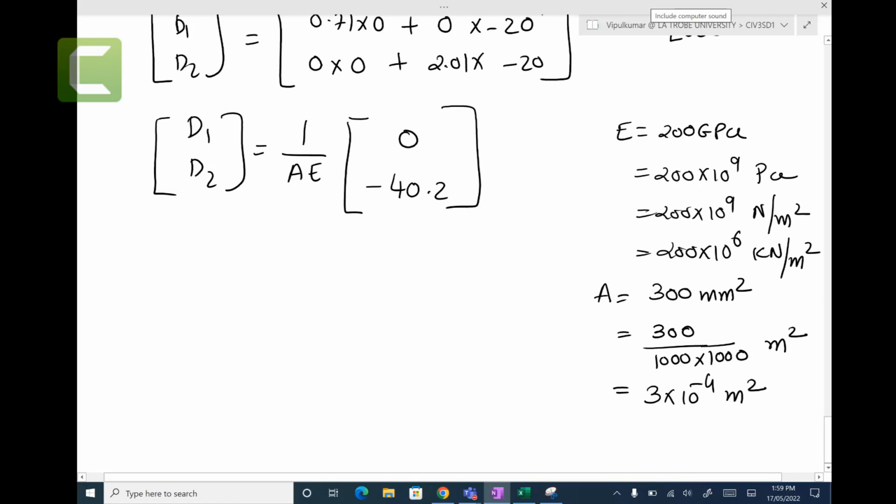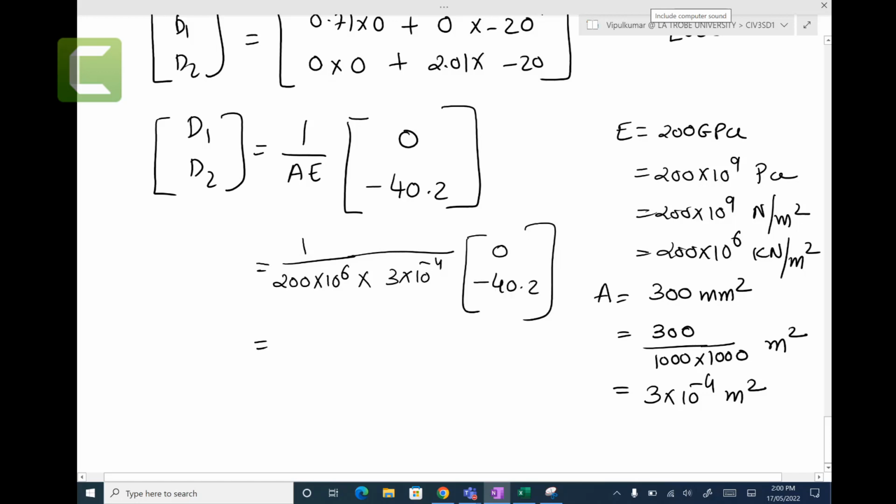So far so good. This block here, AE: 1000 millimeters equals 1 meter. You have 2 millimeters, so you divide by thousand two times, giving 3 times 10 to the power minus 4. All right, so now we're going to plug in the values: 200 times 10 raised to 6 times 3 times 10 raised to minus 4. So that would be